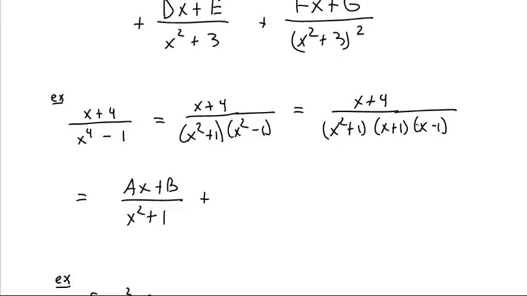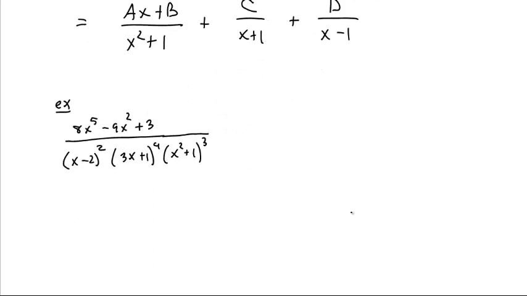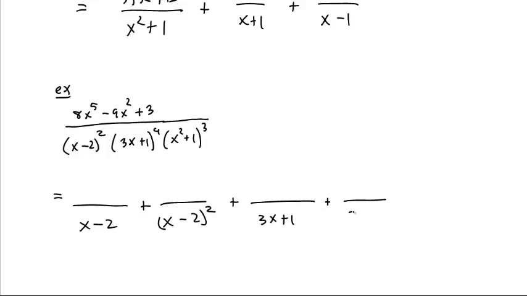We have only one power of the x plus 1, so c over x plus 1 and d over x minus 1. What have we got here? Oh, we got a doozy of one. We have something over x minus 2 plus something over x minus 2 squared. Every single power of the denominator, that is something over 3x plus 1 plus something over 3x plus 1 squared